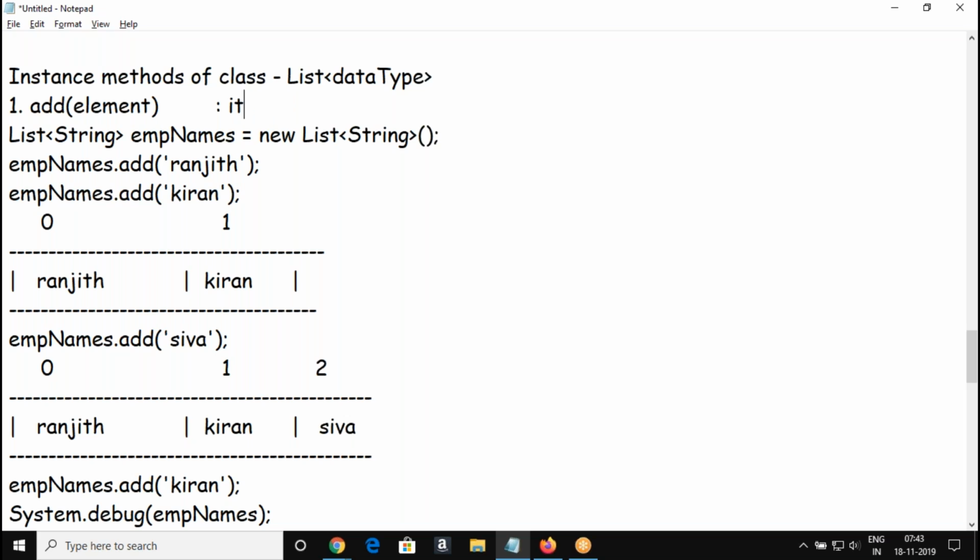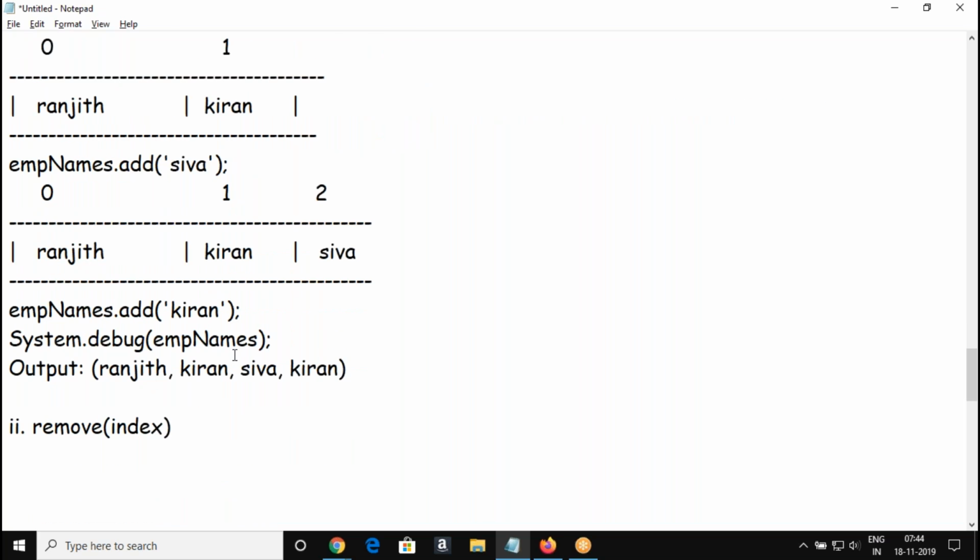This method adds an element which is passed as an argument. This will add an element to the list which is passed as an argument.